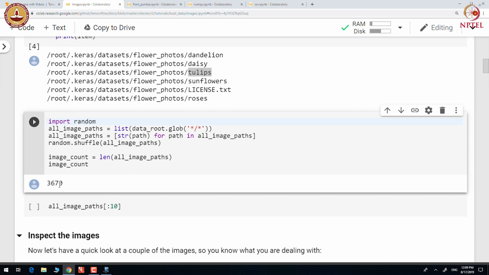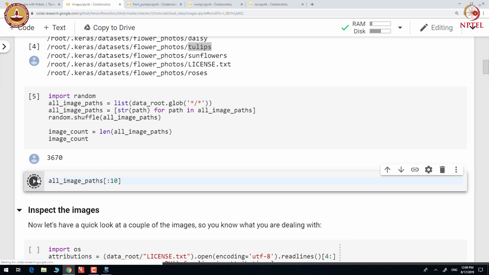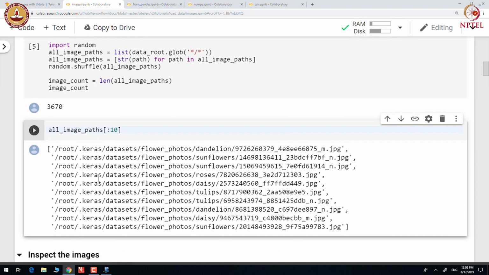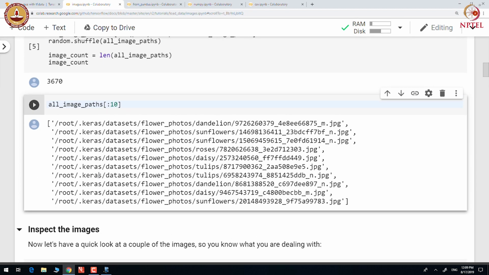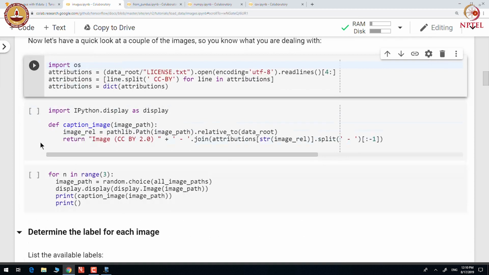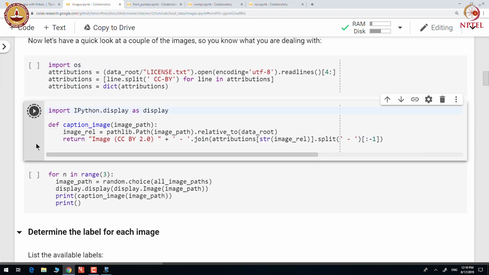And there are 3670 images in all, and these are the top 10 image paths. So, you can see that there are a few images of dandelion flower, some images of sunflowers, some of roses, tulips, daisy, and so on. Let us look at a couple of images.